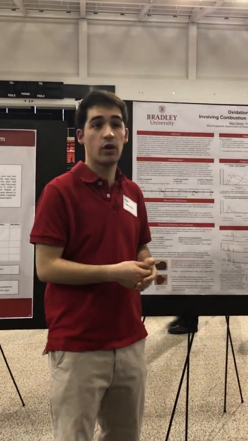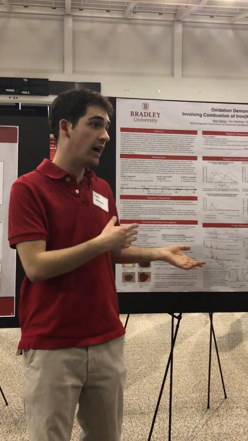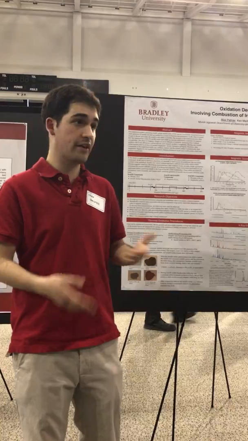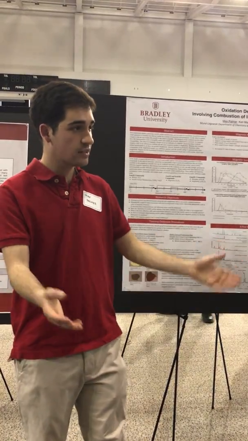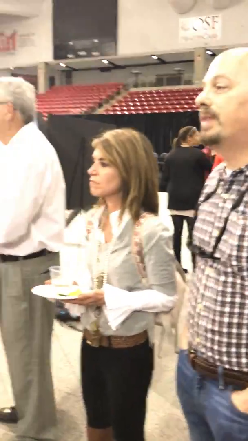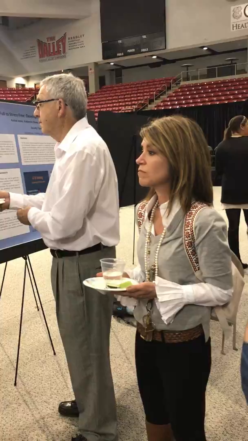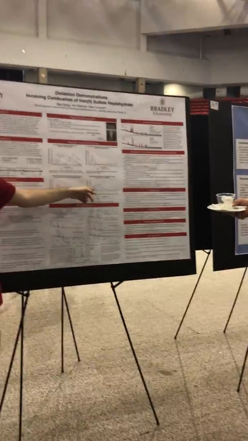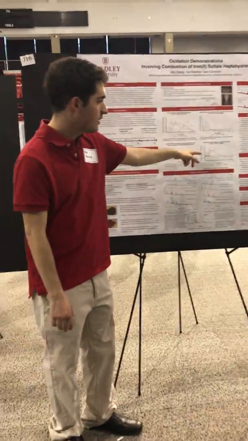Why not magnetite? Why not hematite? What does the starch have to do with giving us this magnetic product? If you didn't use the starch, would you end up with the same thing? No. So here is just without starch, the iron 2 sulfate, and it's about